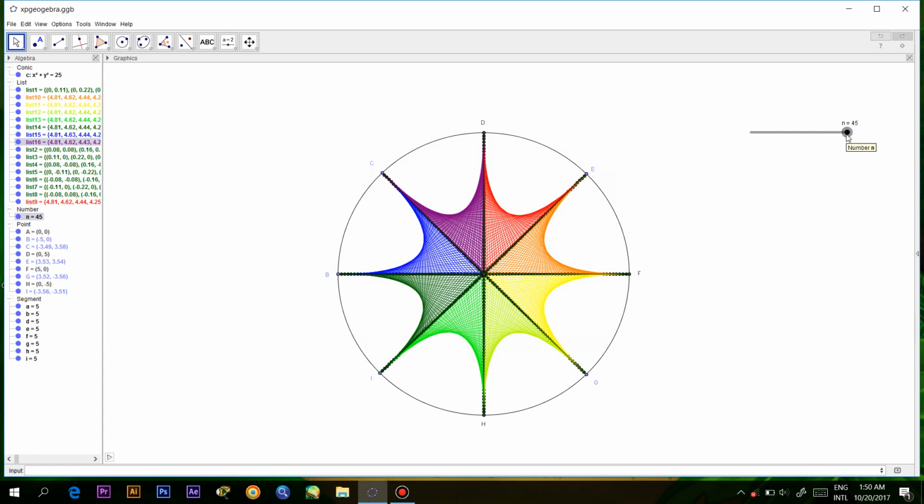So we can add some fun to our string art by using animation. Okay, so we can just use here some points. So let us try to use point B, point C, point E, point G, and point I. Okay, and then right click,